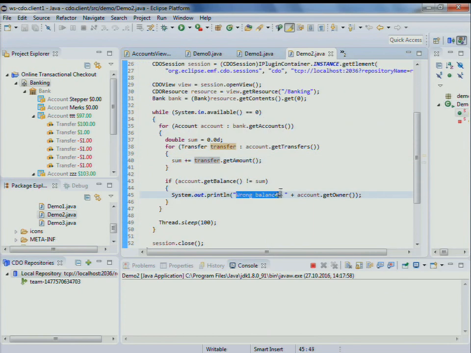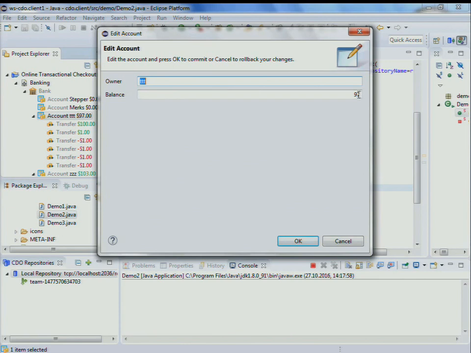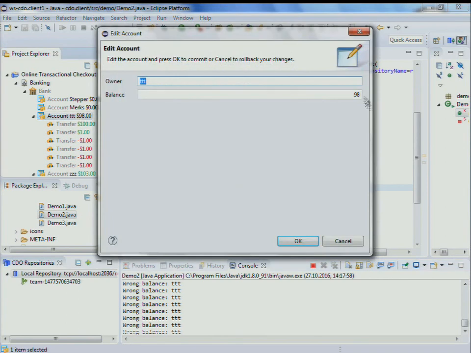In case it's not equal, it would print out wrong balance. So I can simulate that by going to an account, let's say this TTT account here, and add $1. And then it would immediately find that out and print it out. And when I change it back,